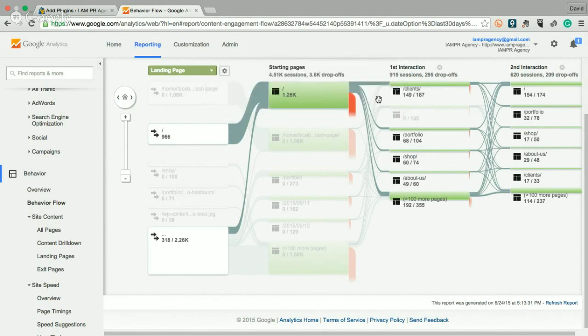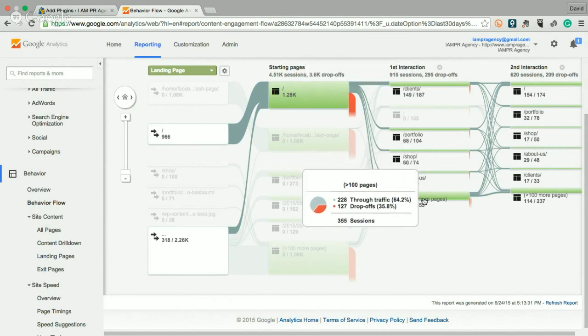Once you understand that, you can see where it flows to after you have a nice little outlet here. As you can see, it visually shows you some people drop off, but a good amount of people come through, and the line strength shows you the strength of the flow. Once you see what your top pages are, all you need to do is make those pages load faster, make those pages more engaging visually, make those pages more dynamic, and publish more content,